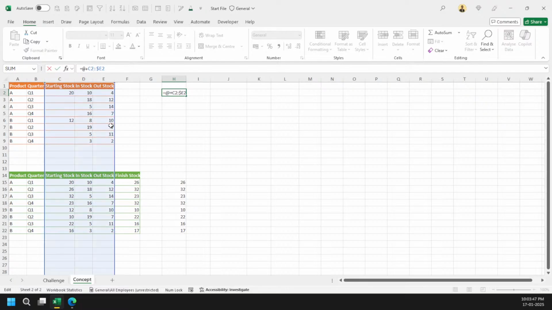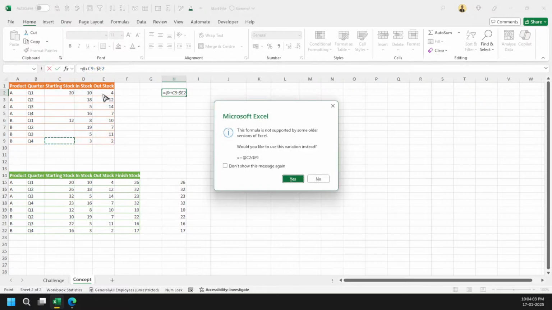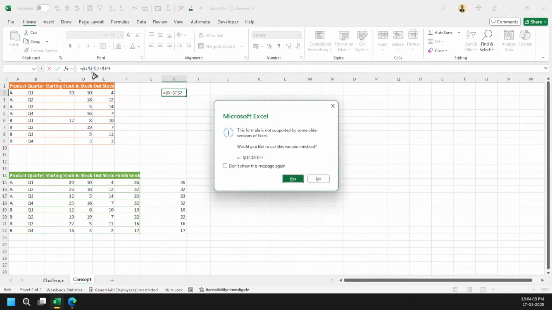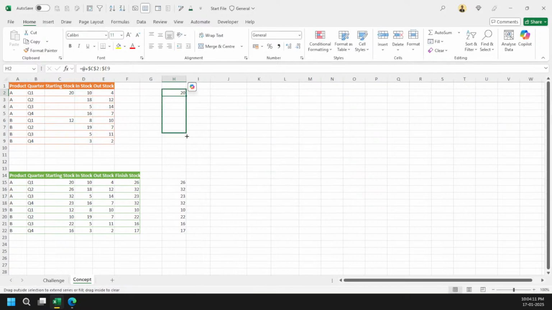Just see here. If I am selecting this much portion, got it, C9, then it is selecting the entire range here. I hope you are getting the point. If I'm just selecting the C9, so this whole range is being selected. And now just see the beauty. I'm grabbing 20 here. Okay. And now I can fix it as well. And the moment I drag it down, okay, just see here. So right now, what is happening here? It is giving me toughest value, right? So that's the main logic I am going to use here.